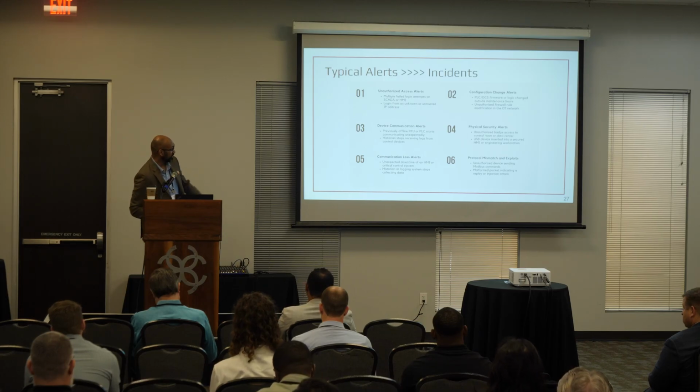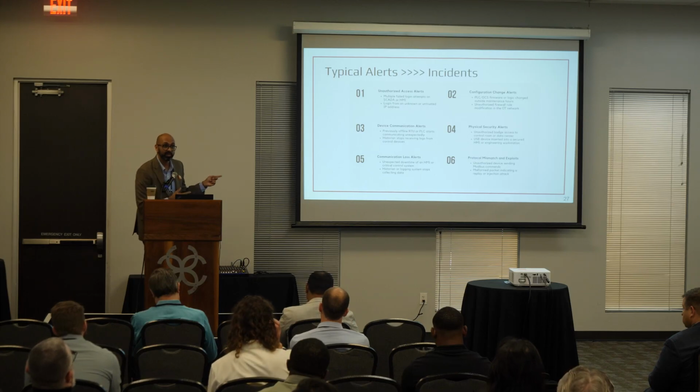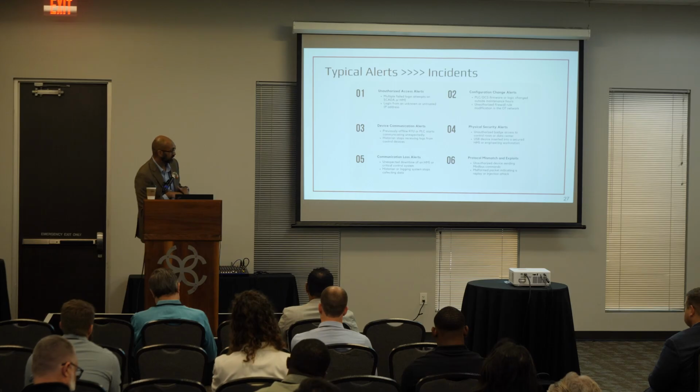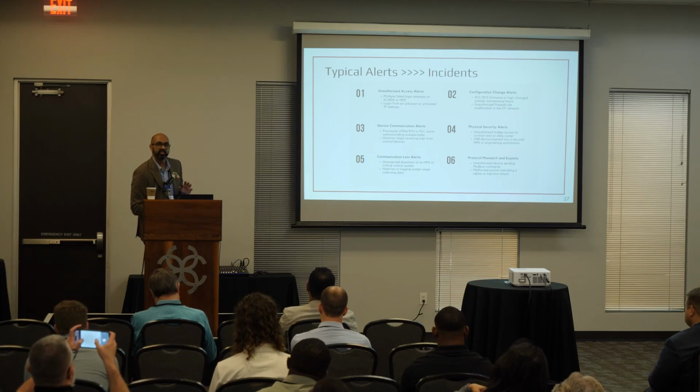Okay, so anyway, these are the different alerts that I would recommend. There are 12 more, but these are the first six that I would say focus on. Try to get those in if you're going to implement those sensors in your environment. Communication loss, something stopped talking, device communication alerts, such as the historian stops receiving logs from a control device. Physical security alerts can also be tied into it. Access badge, somebody opened the DCS room door, you could get an alert. So these are some of the things that help you make a decision during incidents.